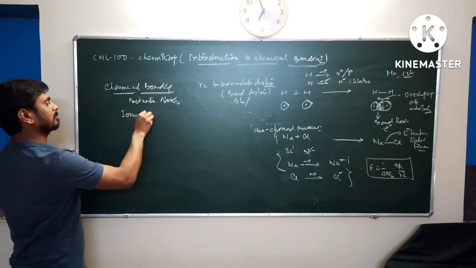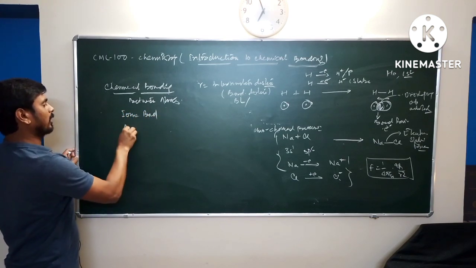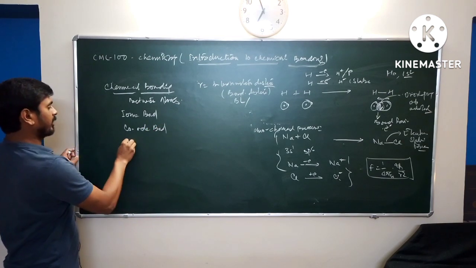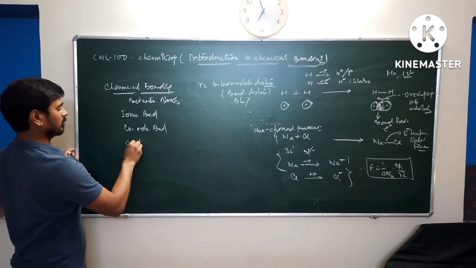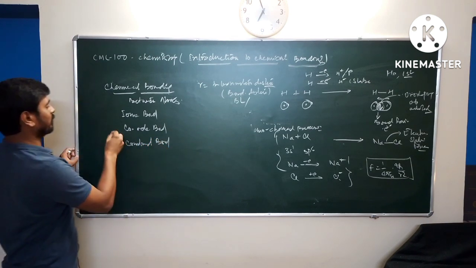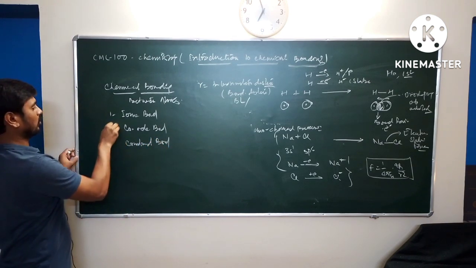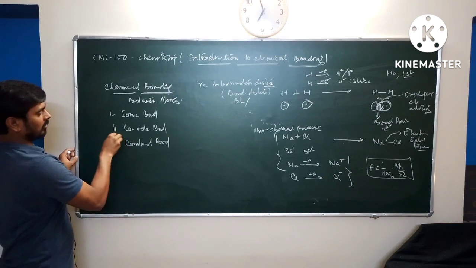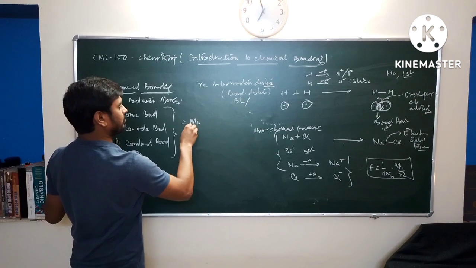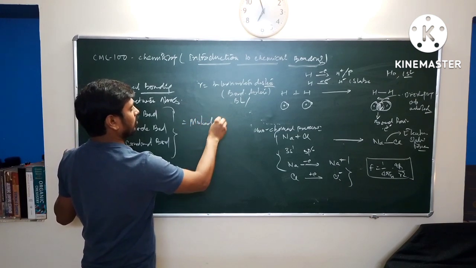There is the ionic bond, covalent bond and coordinate bond. These three kinds of bond, 1, 2 and 3, are considered. This is molecular bonding,